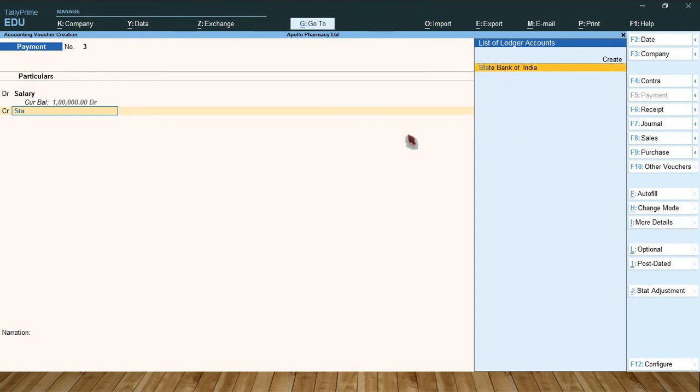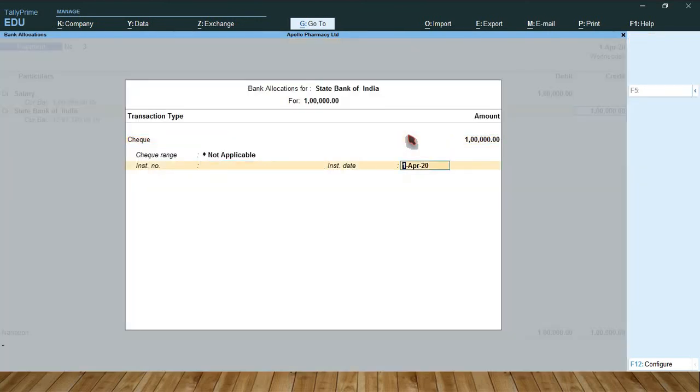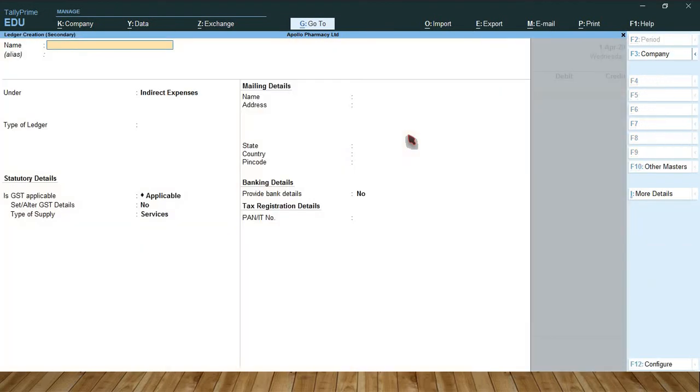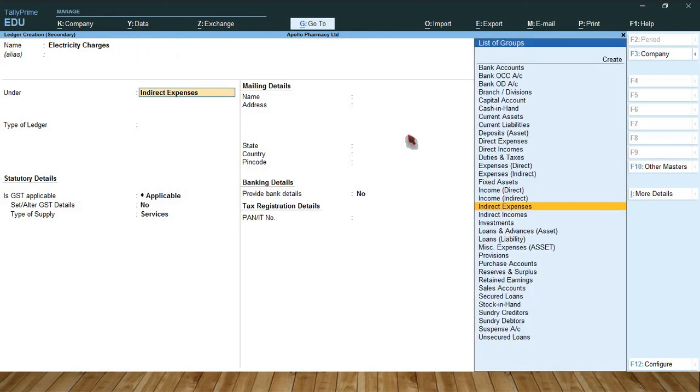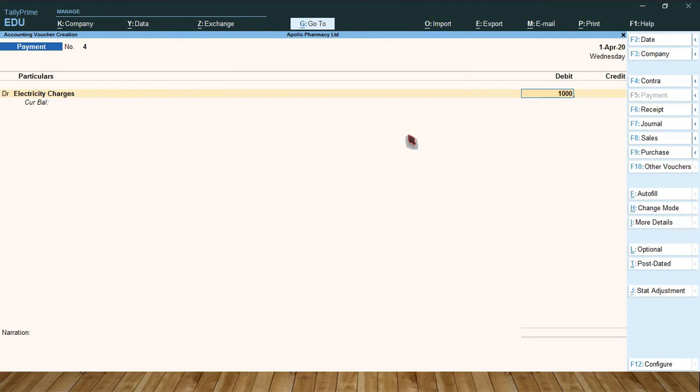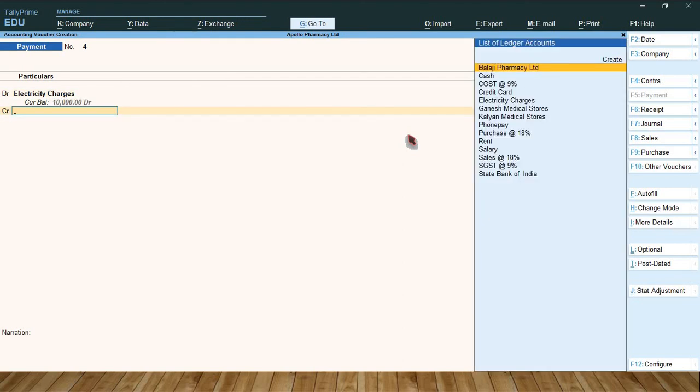State Bank of India. Next, electricity charges. $10,000. State Bank of India.